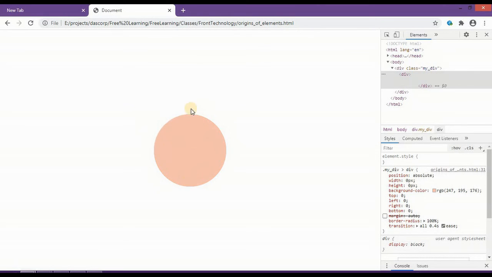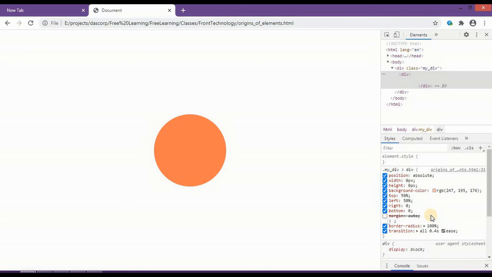Now some people will say, if we provide this element to the center position, what will happen? Let's provide that. I will provide left 50% and top also 50%, and then margin top minus that. But in this case, how can we do the minus?